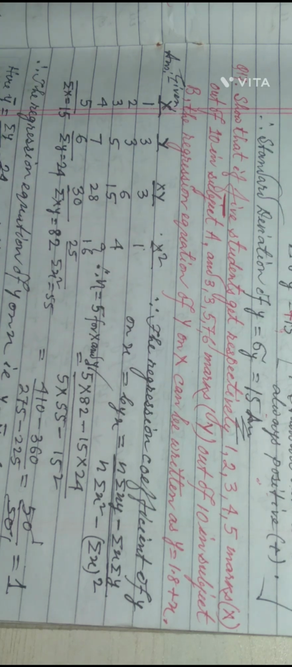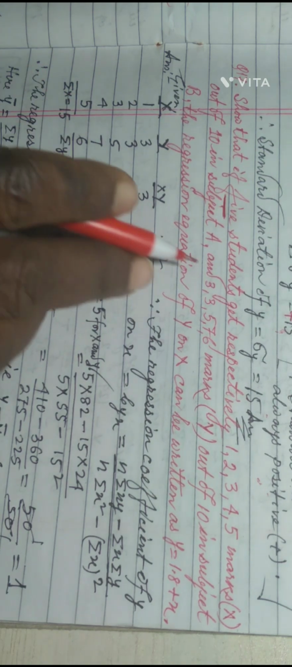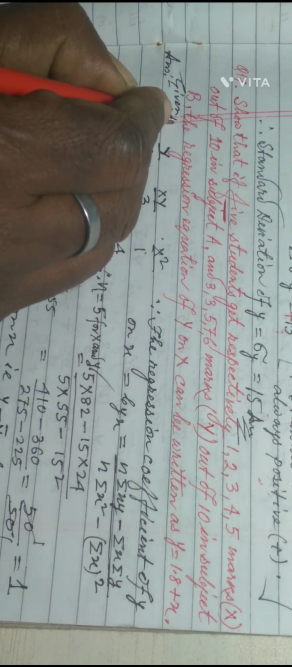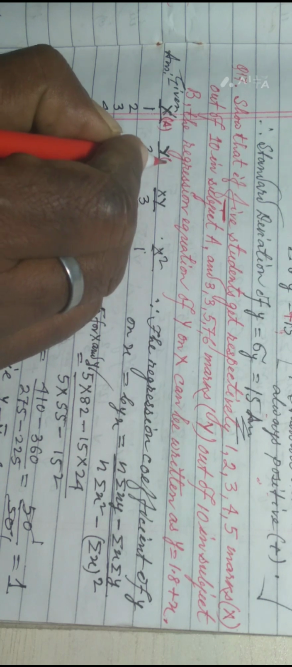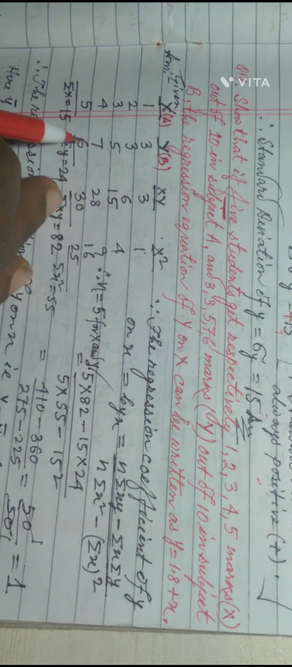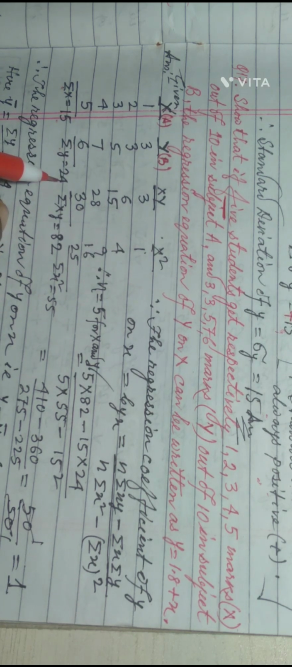So at first, the question says that you have to find out the regression equation of this situation. Given x equals 1, 2, 3, 4, 5, the marks of subject A, and what did we get in subject B? Subject B got 3, 3, 5, 7, 6. Therefore sigma x equals 15, sigma y equals